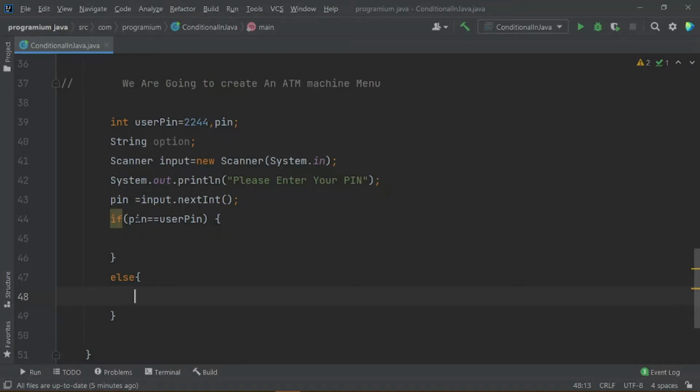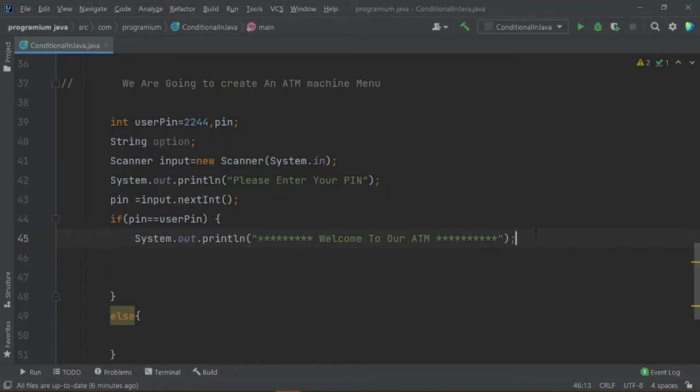So guys, this is what we will be doing here. If the user pin and the stored pin are the same, then we simply print welcome to our ATM. Okay, we will use asterisks just for styling.